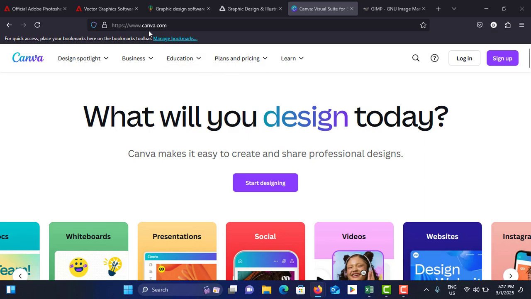And lastly, you can go to www.canva.com. It is very easy and you need to log into it. If you have an account, you need to log in, and if you're new to Canva, you need to sign up